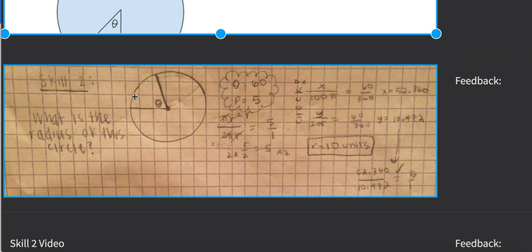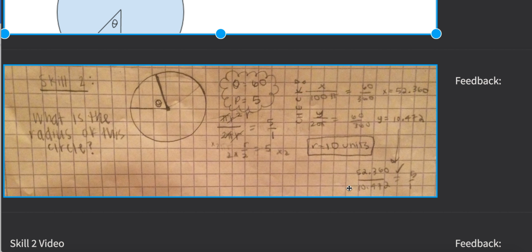except we have the whole circumference, which would be 20 pi if we're assuming that the radius is 10. So y over 20 pi is again equal to 60 over 360. And so we get that the circumference of this, or the arc length of this small piece, would be about 10.472. Now what we do is create another ratio like we had with P, with the calculated area over the